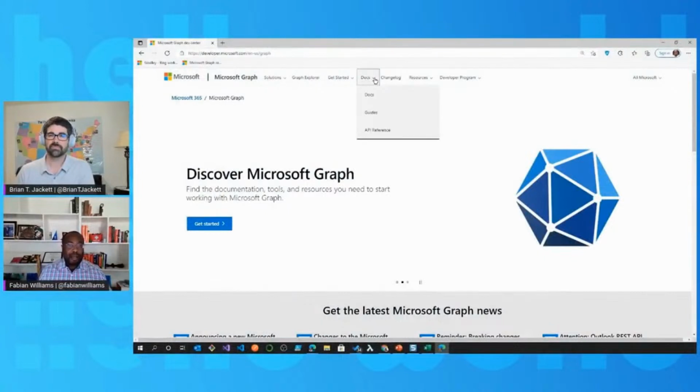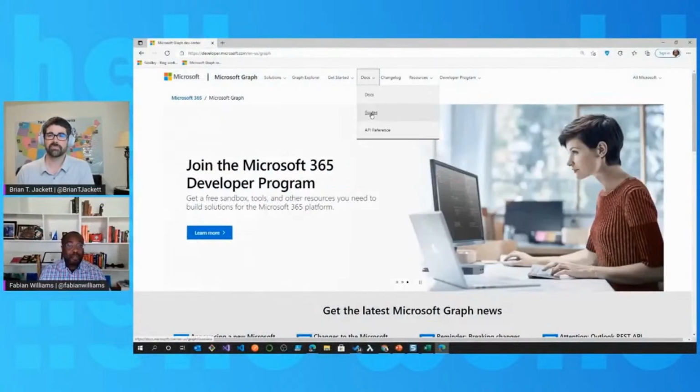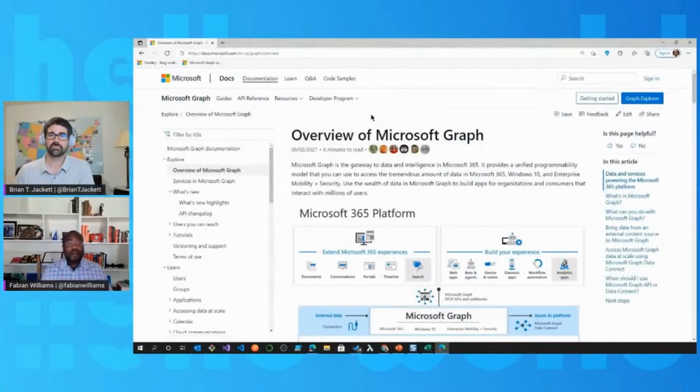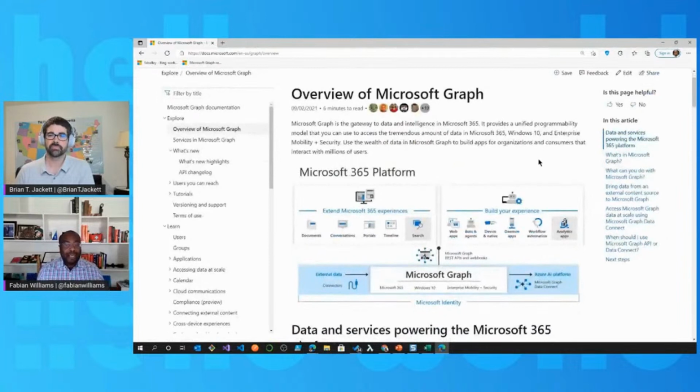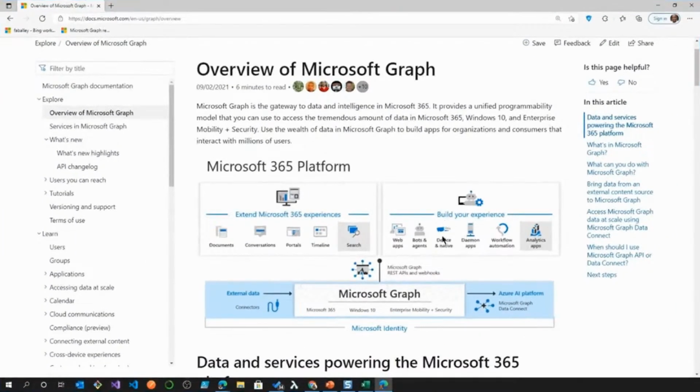So by clicking on the Docs icon right here and going down to particularly guides, this is a great place to start. It really gives you an overview of what Microsoft Graph is all about. I like to term this image right here as a blueprint because it really showcases some of the experiences and how you can build with the graph. First thing, you can certainly build inside your own experiences. So if you're bringing things to the table, you want to leverage Microsoft Graph in your ecosystem, brilliant, it's